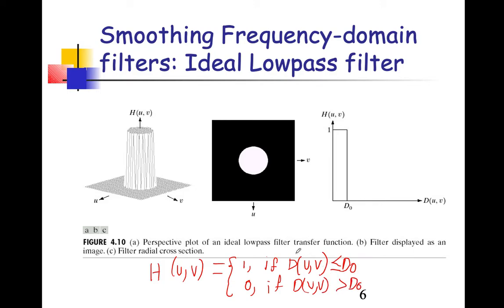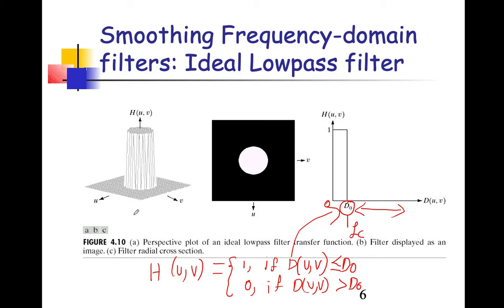Here in the graph we can see the ideal filter. It is plotted as D of u comma v versus H of u comma v. Either it is 0 or 1; we know the data is binary, 0 to 1. From here to D naught, the frequencies are allowed. From here onwards it will not allow the higher frequency range. So, here the cutoff frequency is D naught.